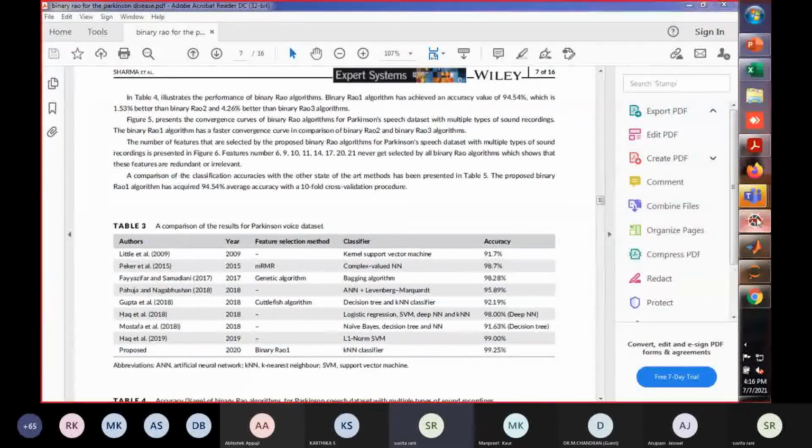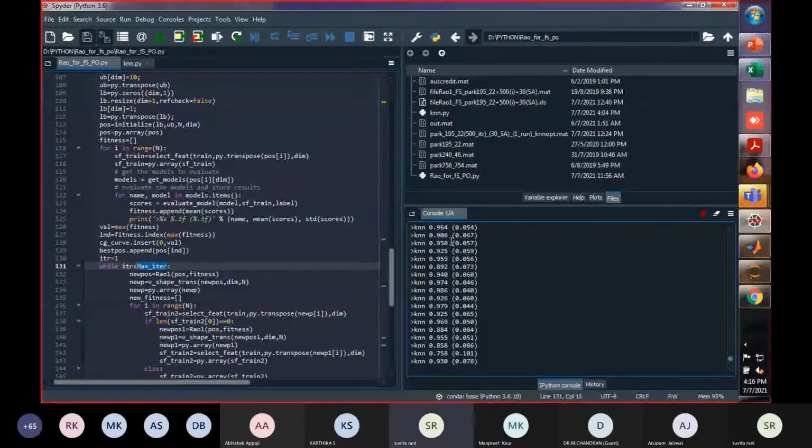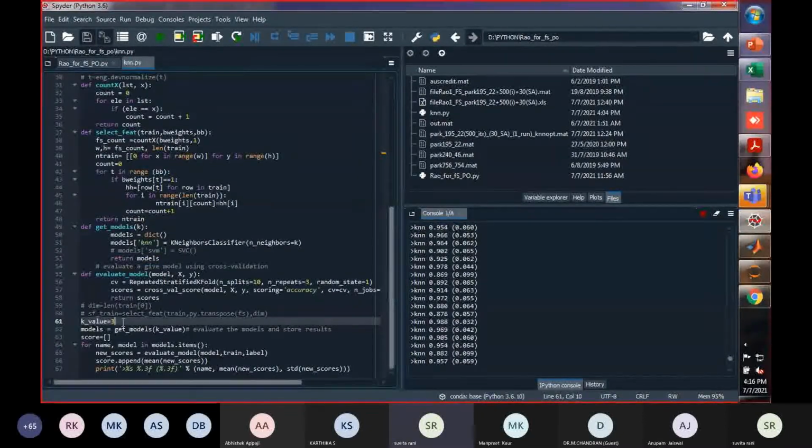If we already saw the computation, we can see different values of accuracy: 91, 90, 93, 95, which is not the case if we manually fed the value of KNN. So this is particularly the impact of the feature selection and the parameter tuning on a particular classifier.